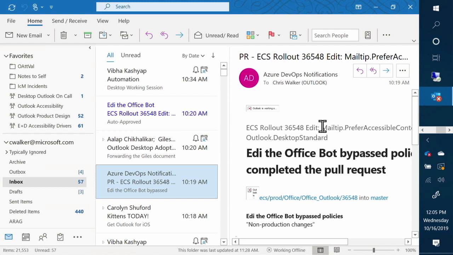So let's go into the reading pane. Or if you press enter on a message in the message list, we'll open up a window that is just for that message. We call that window an inspector. And the inspector's structure is similar to the Explorer's. So it's similar to that main Outlook window